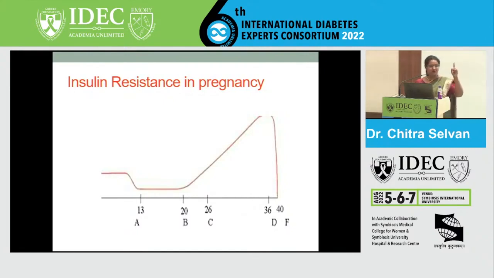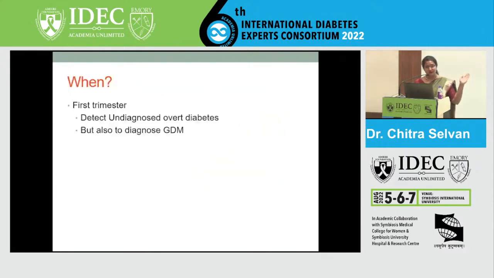So it would make sense if you're only testing once to check at 24 to 28 weeks, but it might be important to screen all our women in the first trimester or maybe even at the booking visit, primarily because pre-existing diabetes is extremely common in our country and we cannot wait till 24 weeks to do our first test. So the answer to when is at first point of contact, right? This is primarily to detect overt diabetes if it's not been diagnosed, but also to diagnose GDM. So definitely at 24 to 28 weeks, and if it was normal in the first trimester, there is also some recommendation that you might need to check again in the third trimester if the woman is at high risk.